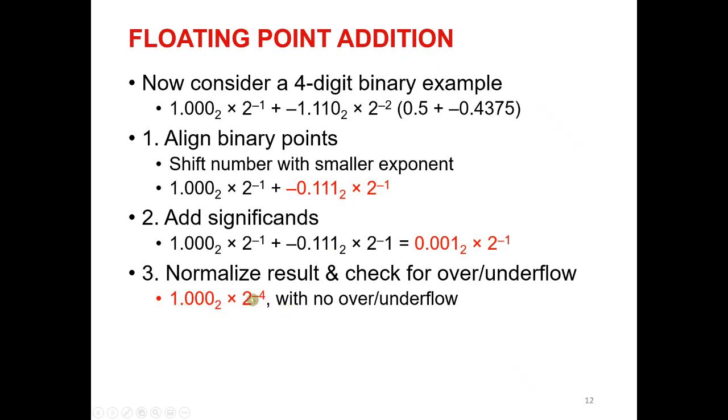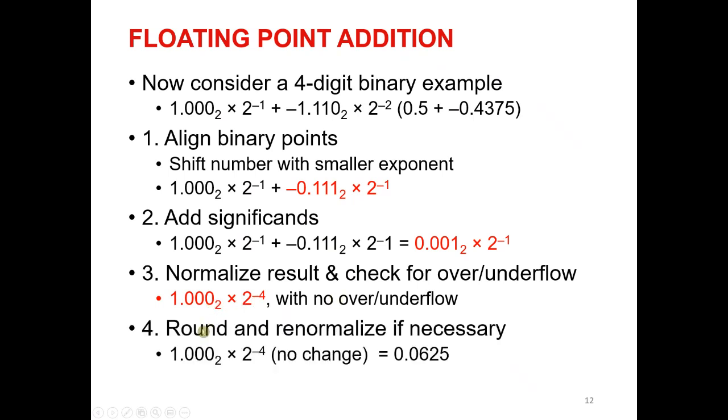And there is no underflow or overflow. We will see what overflow and underflow mean later. And then we round it. In this case, we don't need to do anything. The number already has 4 digits, and we don't need to change it. In order to check the result, as we have here the decimal equivalent, we can do the operation and check that this is the equivalent. Okay? Hopefully it's more clear now.